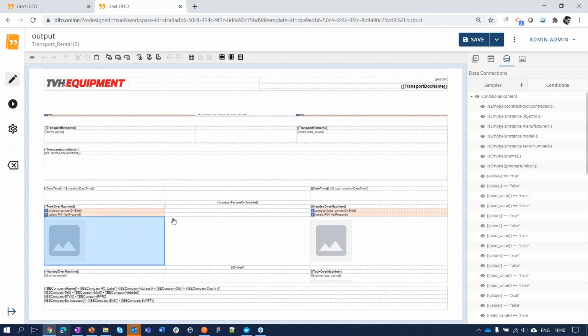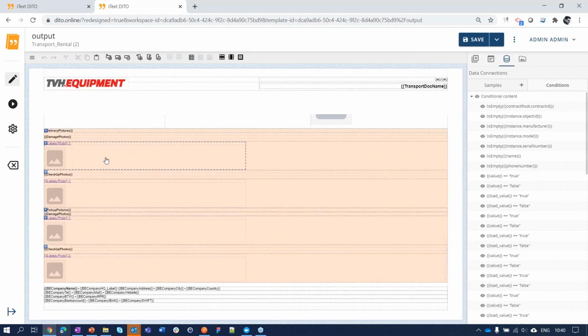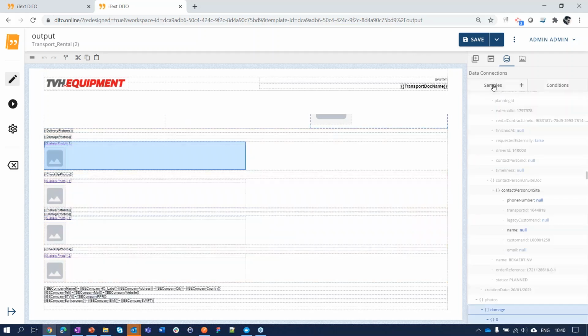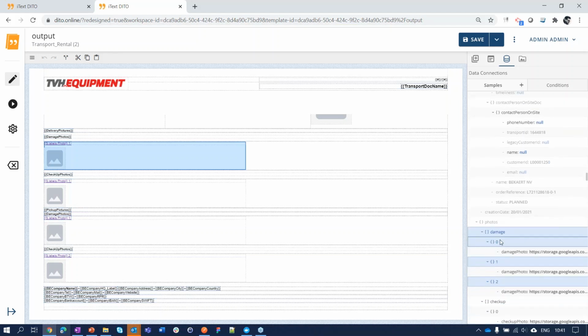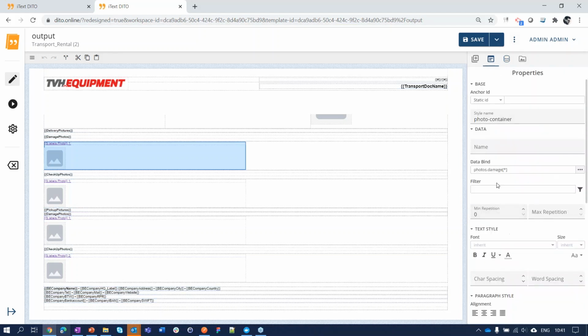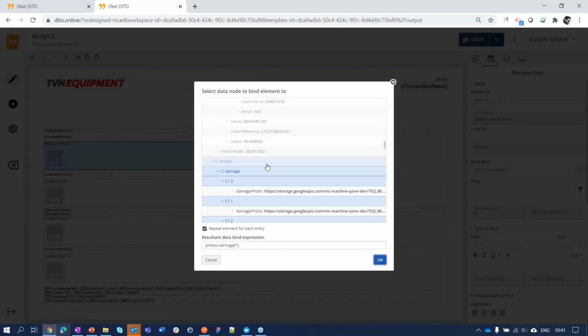Something else that we see in a lot of documents is, for instance, repeating sections, like for instance, the different pictures that are loaded. You probably saw that we had multiple of those. And as a matter of fact, what you see is that we are looping an array here. Yeah. So basically, to do that, it's very straightforward. The only thing you'd have to do is create the data bind and select the array that you want to